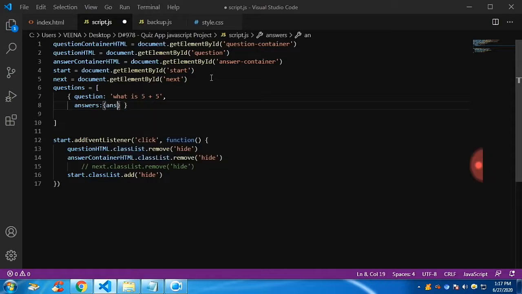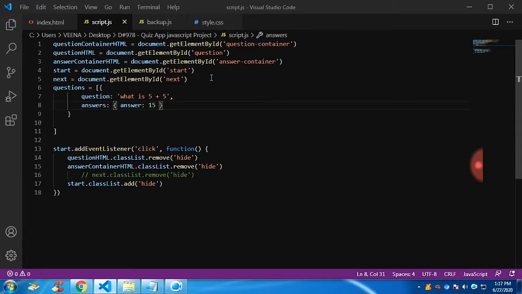So the answer for 5 plus 5 is, it would be in the array form, not the object form. Let me create the object. Fine, I would be passing two values. We have answer, and to identify which answer is right, I will be passing another variable, or you can say another property,